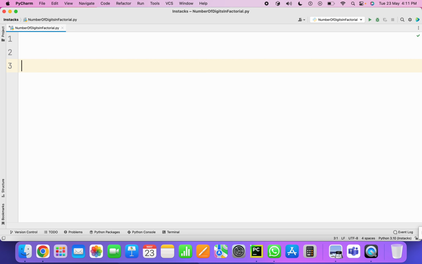Step 1 is read an integer n. So for that, let me take n equals int of input,